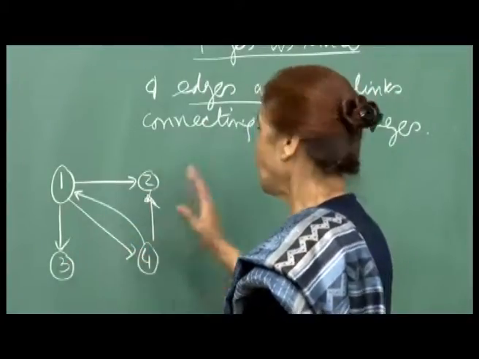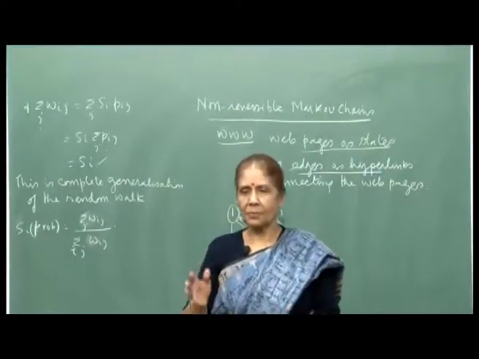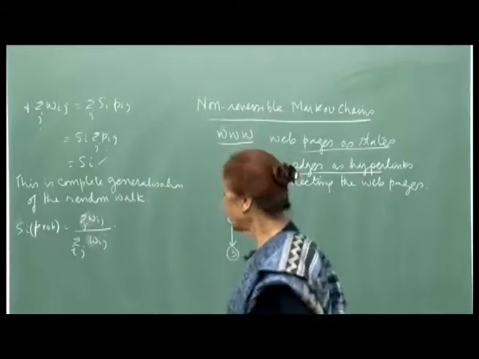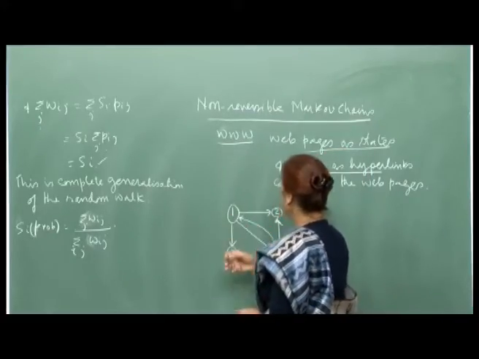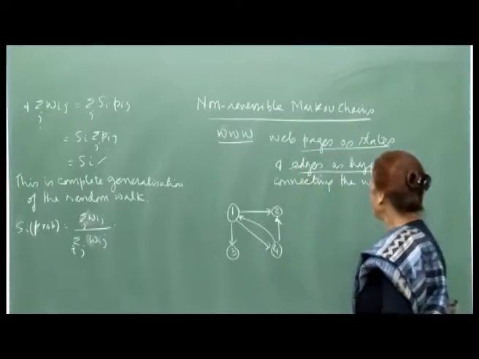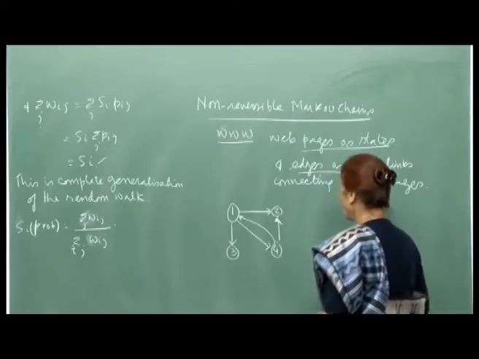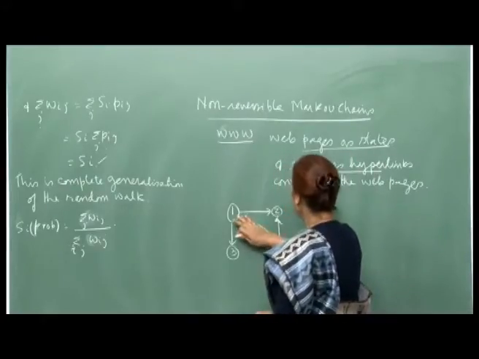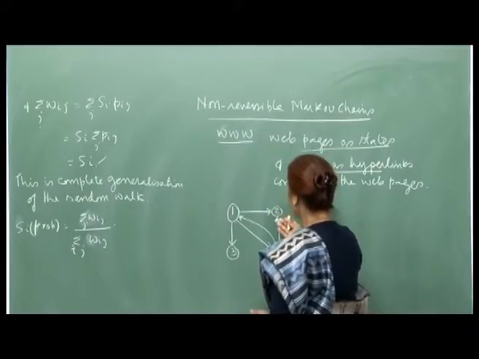This is a very small example, because there are millions and millions of web pages, and they will be connected. Any time you open a page, it will link you to hundreds and thousands of pages, and of course there is a way of ranking and so on, and all that algorithm is there. But in any case, the whole idea is that you can picture this as a directed graph.